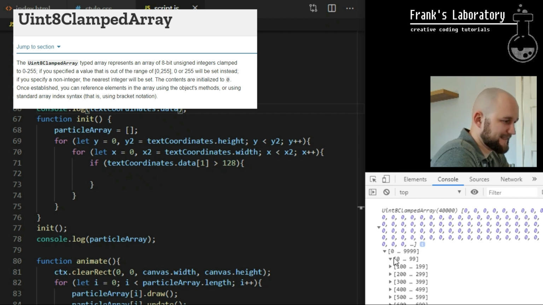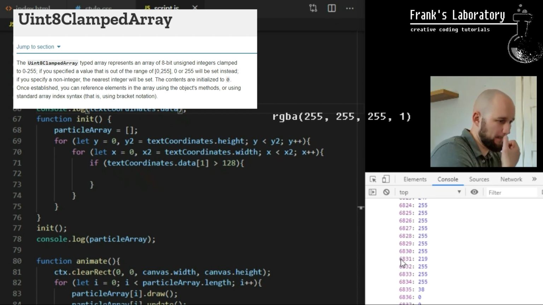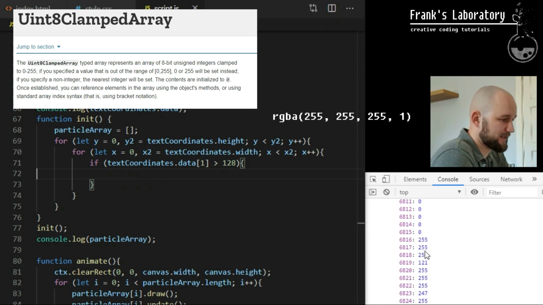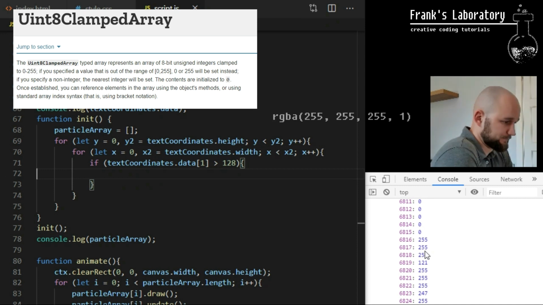If you work with HTML and CSS, you have seen RGBA color declaration, which looks like this. Any color can be created by combining different amounts of red, green, and blue, and the range for each color is from 0 to 255. One weird thing about this clamped array is that it also handles alpha or opacity this way. So 0 alpha is invisible, 255 alpha is fully visible. This is different because in RGBA color declaration, opacity is a small number between 0 and 1.